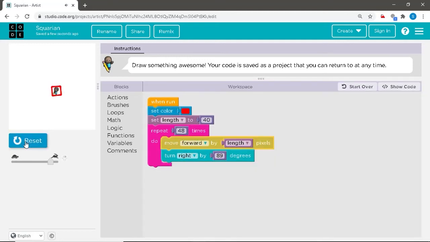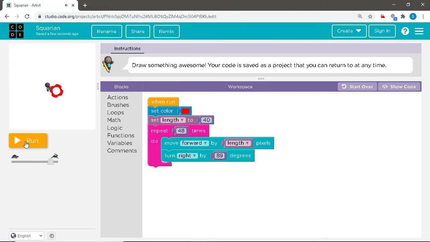Yeah, so what you can see is that a square is being created. If you observe, there is a pattern but it is not distinguishable. So shall we try how to make it distinguishable?